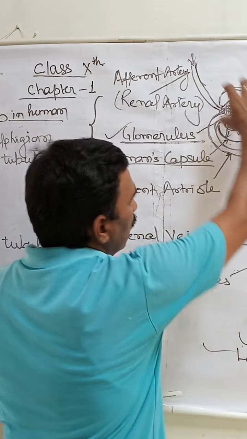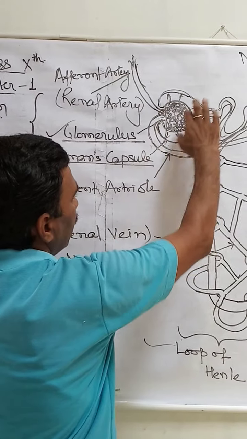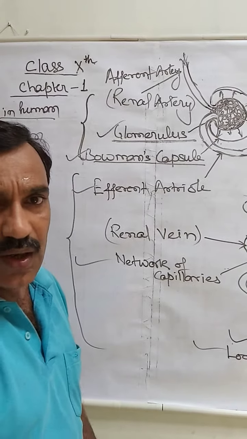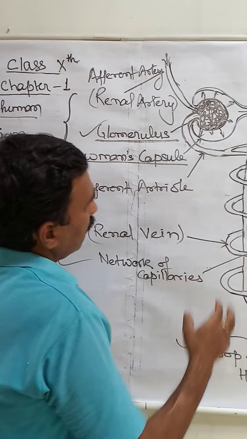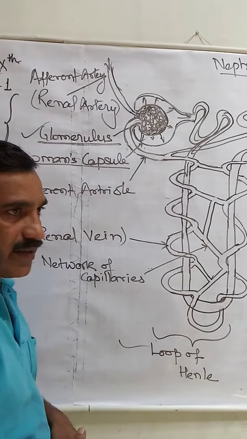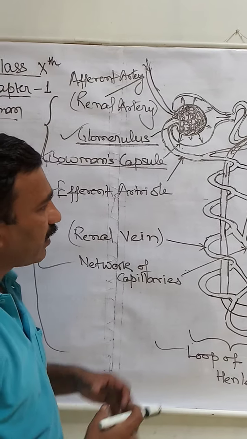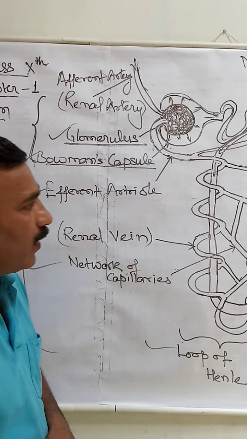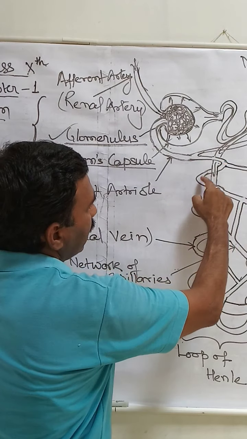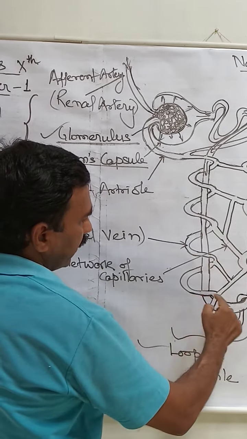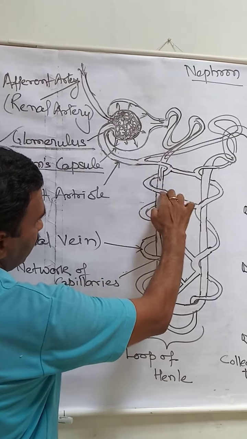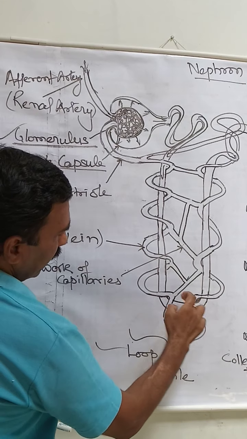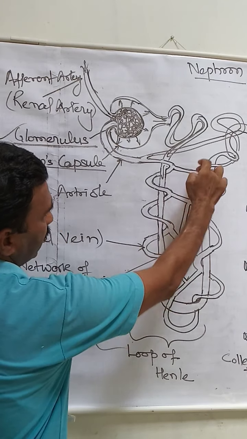However, here all those substances are removed out. That means this chamber releases all those substances, whether they are useful or not useful for the body. But the body again decides that the filtrate contains several useful substances, which should not be removed out of the body. For that, there is a coiling. Here you can see a coiling structure. This is nothing but the coiling of the renal vein, and of course again a network-like structure of capillaries is formed in it.